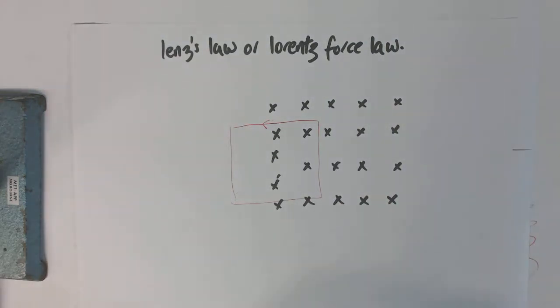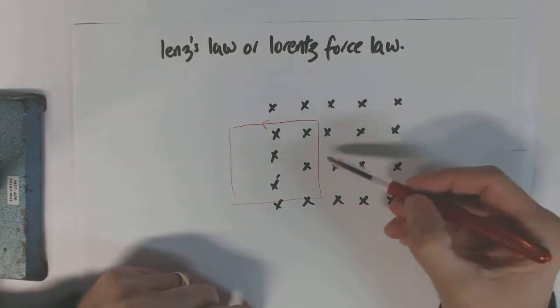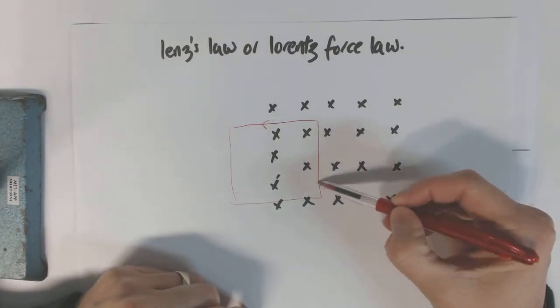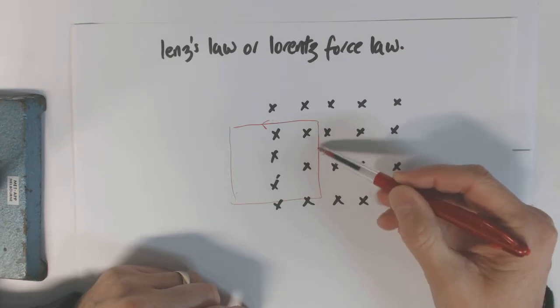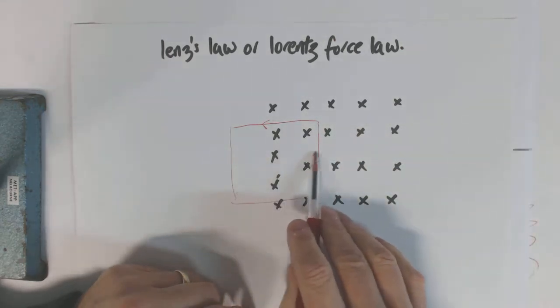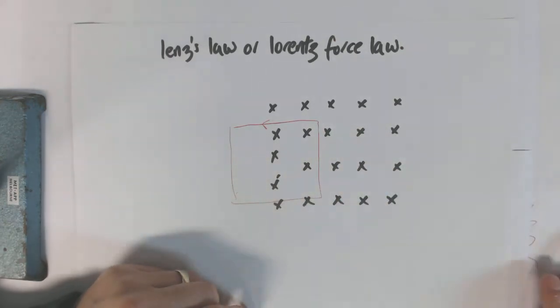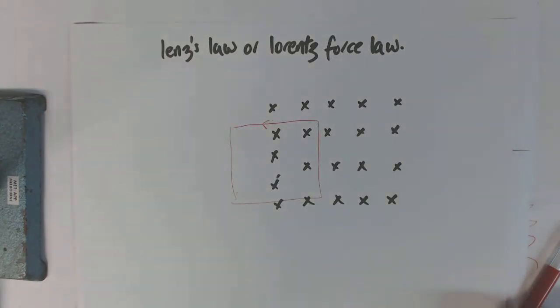So I think we're all good there. That's the Lenz's law approach to doing this, using the right hand rule. But if we look at it from the point of view of the Lorentz force law, then the electrons in the wire here, we're moving with a velocity to the right,